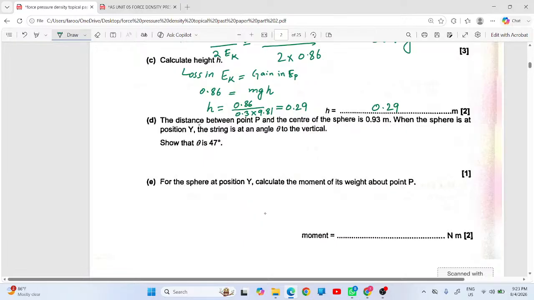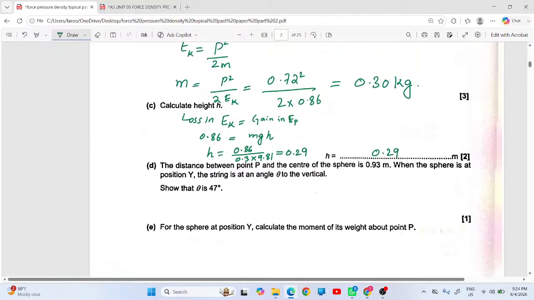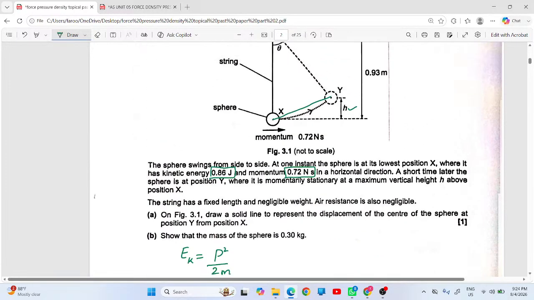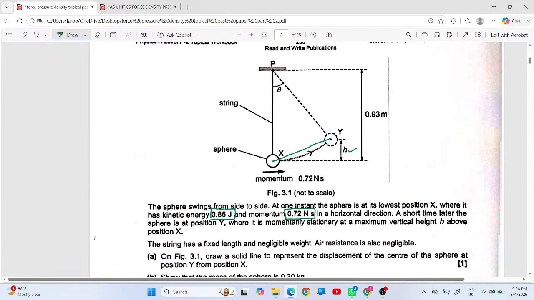Next is the distance between point P and the center of the sphere is 0.93. When the sphere is at position Y, the string is at an angle theta to the vertical. Show that theta is 47 degree. Okay. आपको हाइट भी गिवन है, क्या यूज करें इसमें? यू हैव टू फाइंड थीटा।